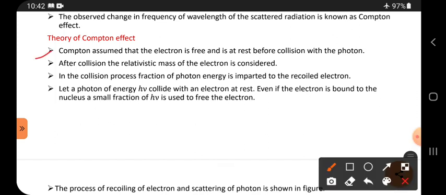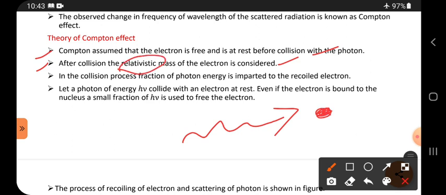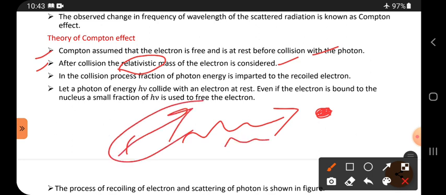Next, the theory of the Compton effect. Compton assumed that the electron is free and is at rest before collision with the photon. So initially the electron is at rest and the photon is moving. After the collision, the relativistic mass of the electron is considered. The word relativistic indicates that when a body is moving, its mass changes with velocity. That is called relativistic mass. Here the mass changes,